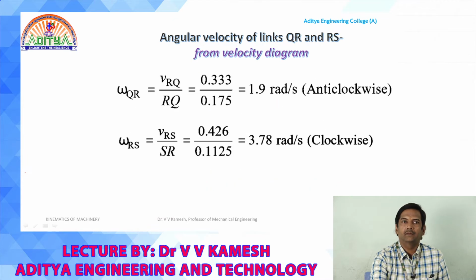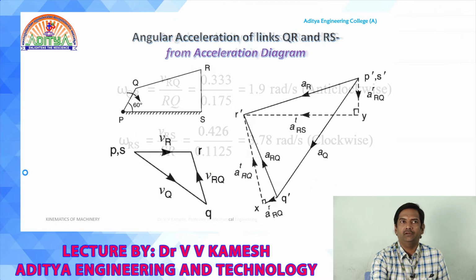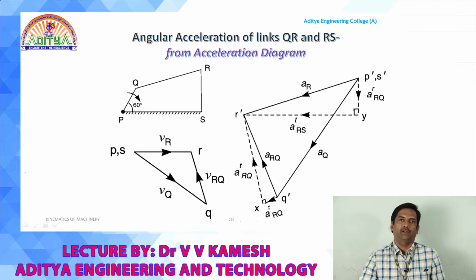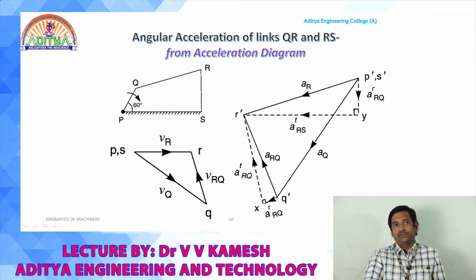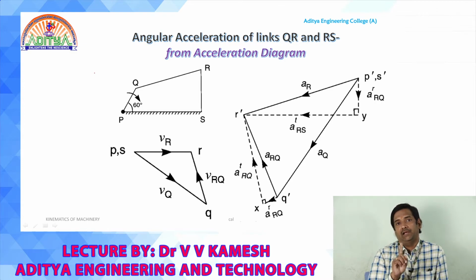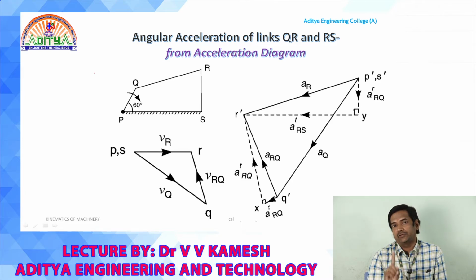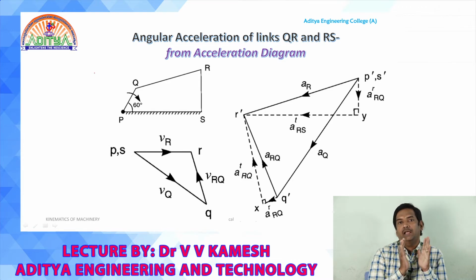Now, after the angular velocities are obtained, our duty is to construct the acceleration diagram. Now, remember the point, always the crank will have only the radial component of acceleration, that itself will become the absolute component of the acceleration of the crank. So, starting with the absolute velocity and absolute acceleration of the crank.